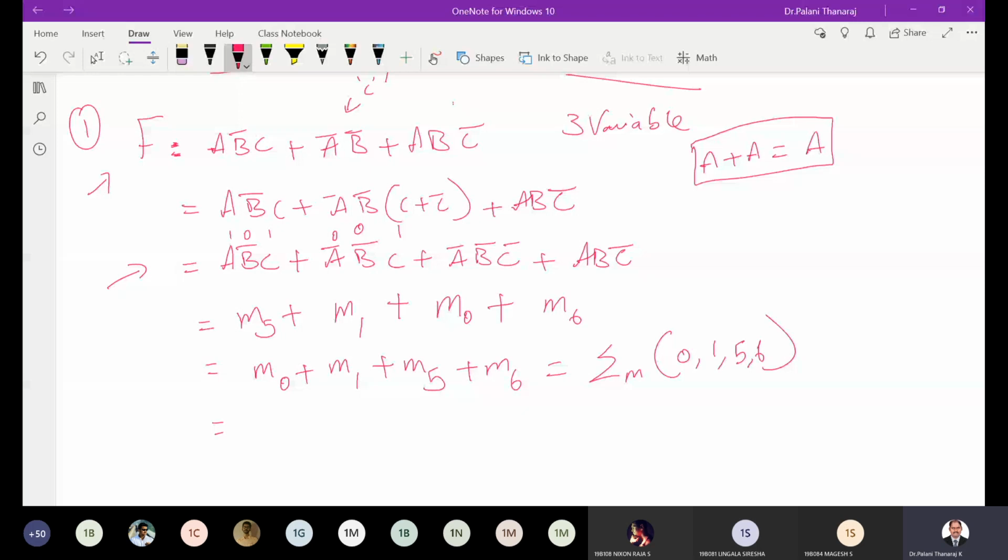So what are the common mistakes you will commit is, when you're writing an expression, always have some kind of an order. Like if you're having B bar C A, it's better to have it as A B bar C. It's commutative, right? So always have it in proper order, because based on this only you are fixing the values.